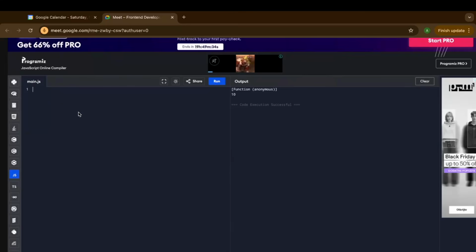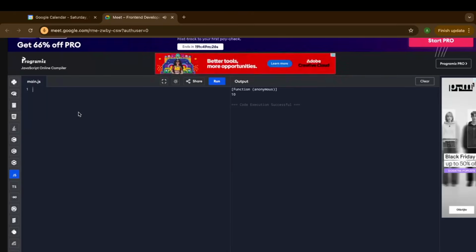What is a JavaScript event loop? Explain in short form. Okay, so whenever JavaScript code gets executed, first of all, the memory is provided to the functions and the variables.